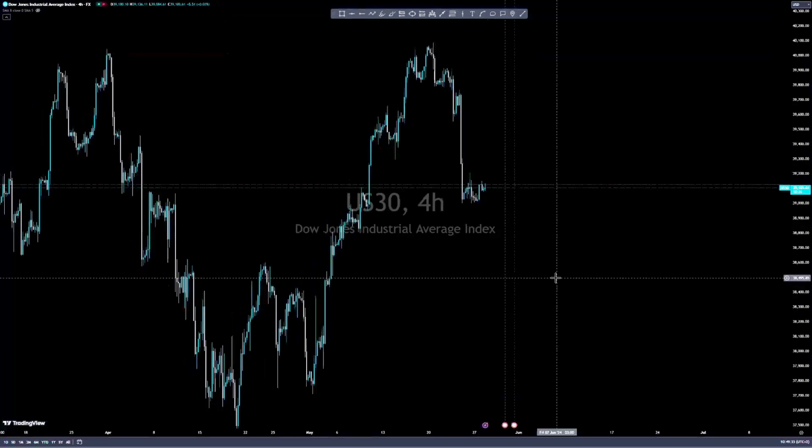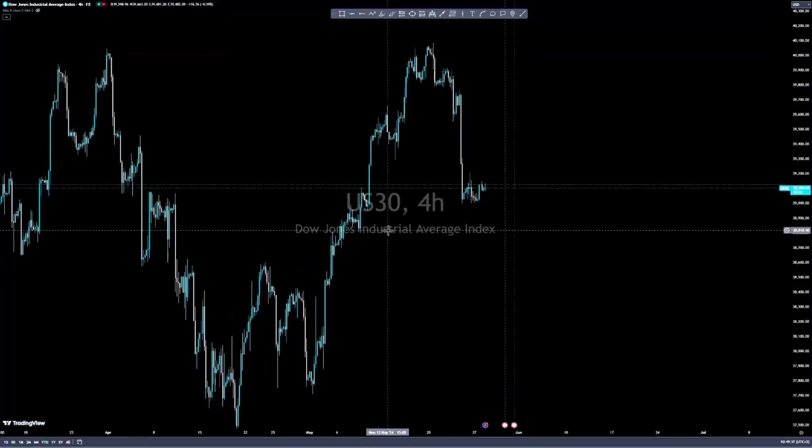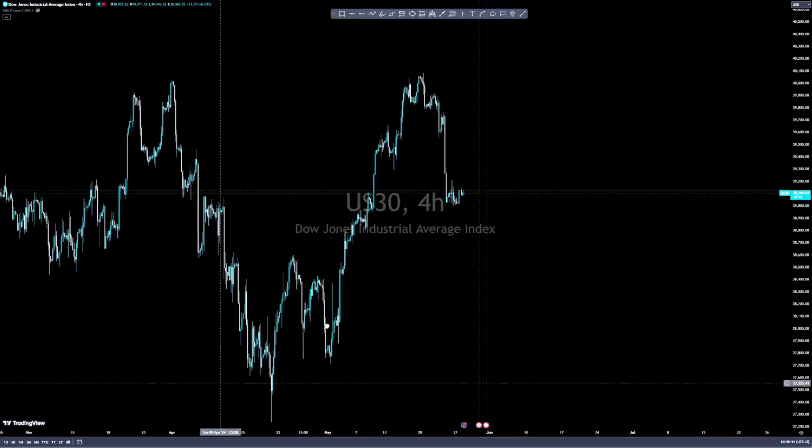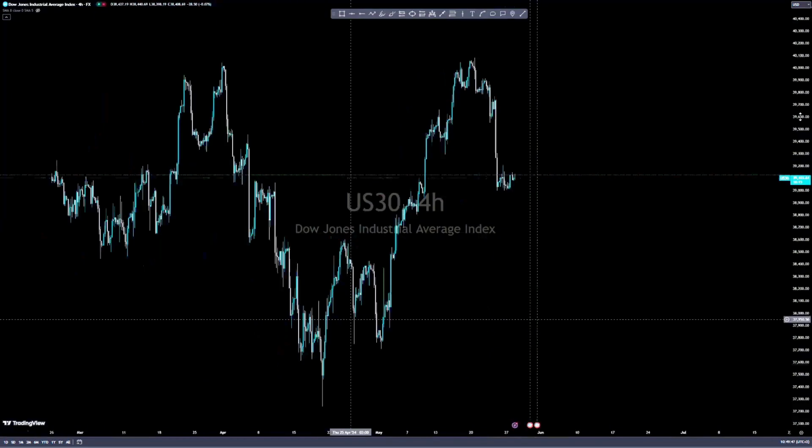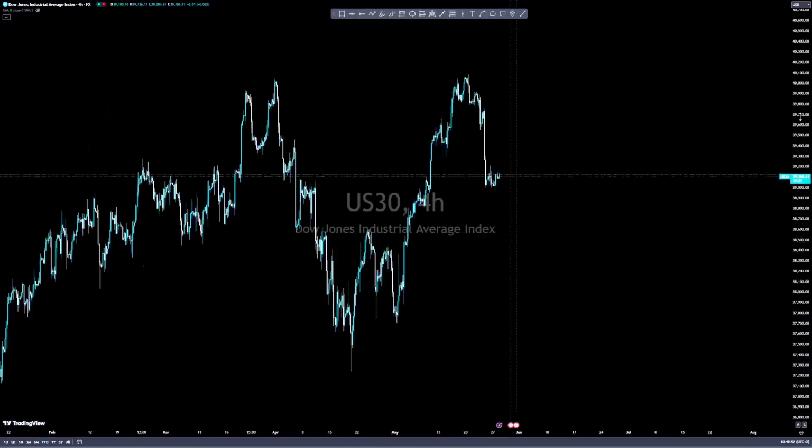So I'm going to be analyzing this pair using the top-down analysis concept. Remember we did the same thing with German 40, so we're going to do the same thing with US30. I'm sure you guys are probably wondering, why am I focusing so much on this top-down analysis thing? One of the reasons is because